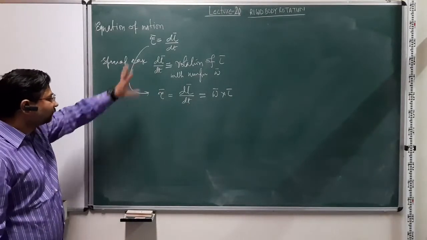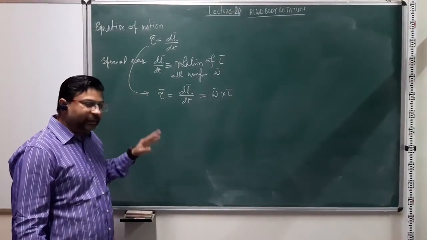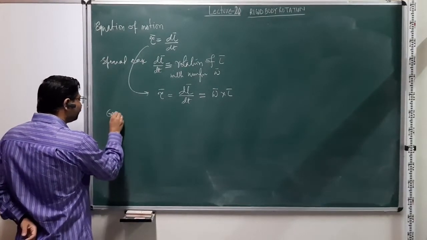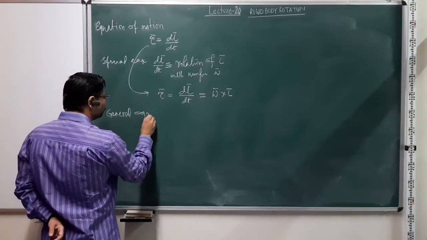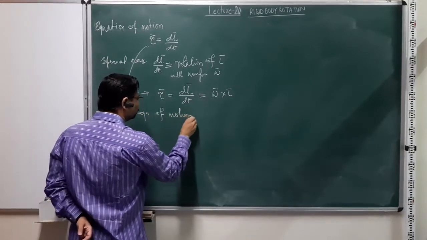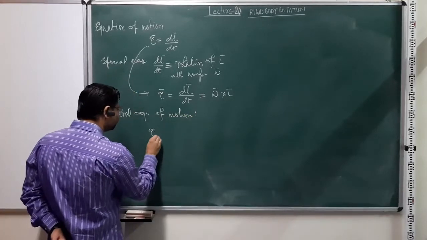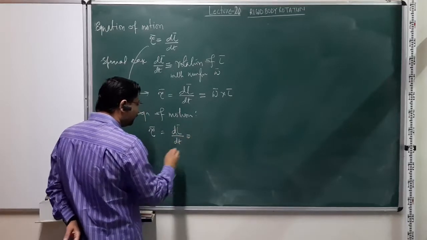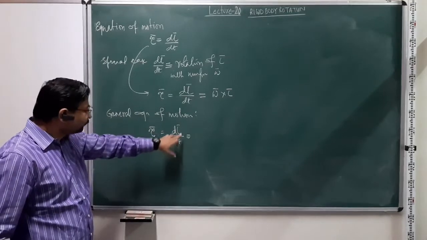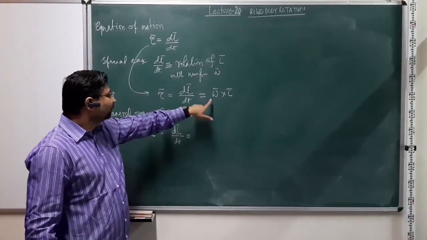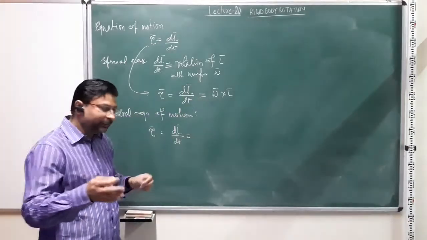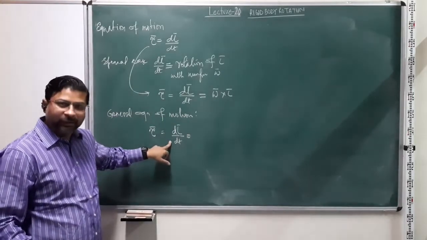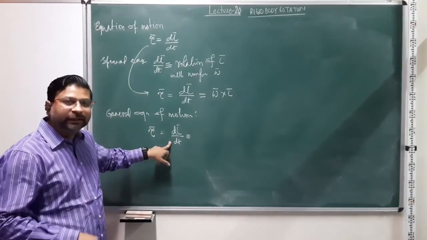Now, in general, we will not be deriving it, but if you see the treatment, we can write down a general equation of motion as dL over dt, where this rate of change of angular momentum can have the familiar rotation component, where the magnitude remains constant and it simply rotates with uniform angular speed omega, and there might be a change in magnitude also, right? And that change in magnitude can come about because of the change in the angular speed, right?